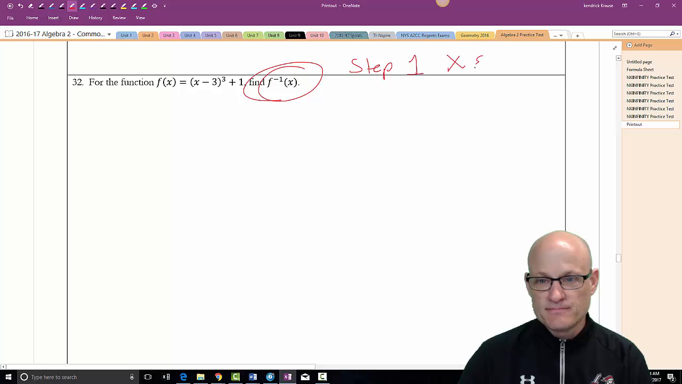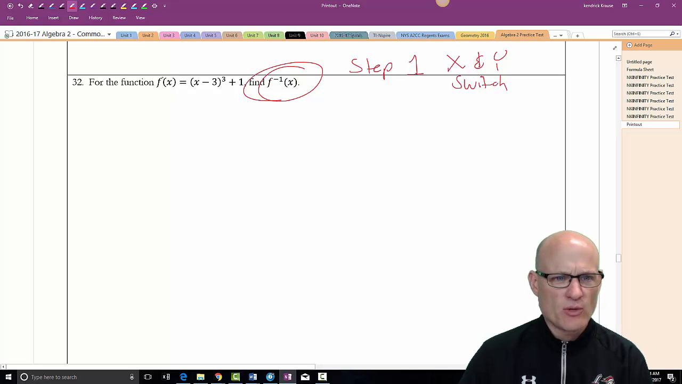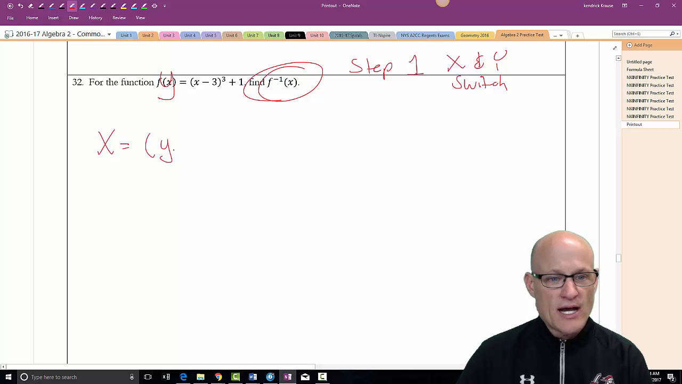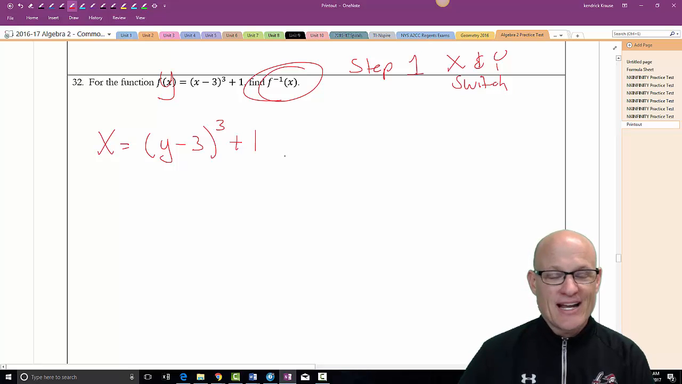Switch x and y. So we're going to switch x and y. What's y? This is y. So x is equal to y minus 3 cubed plus 1. All right, so I got to get this weird thing alone. Here's my weird thing, so I'm going to bring the 1 over. I get x minus 1 equals